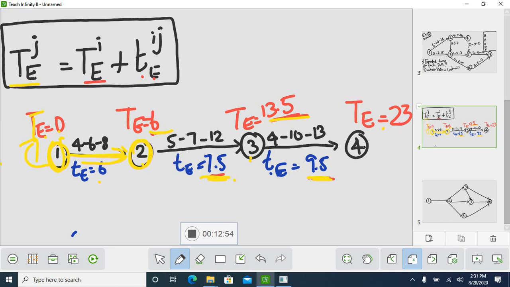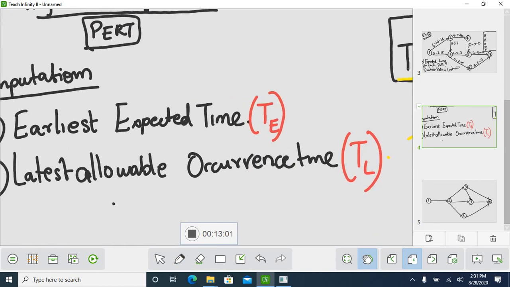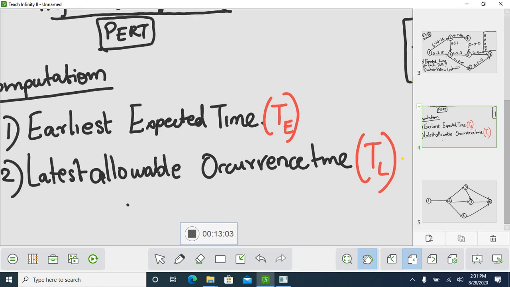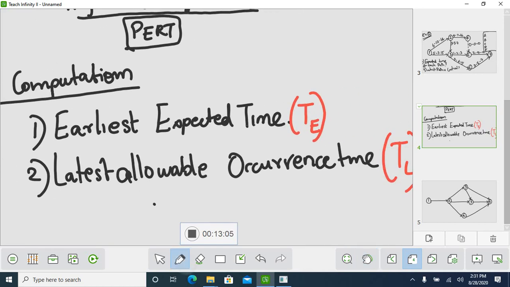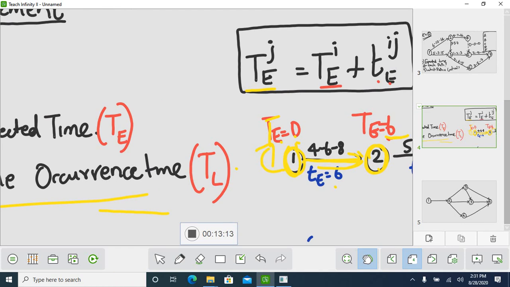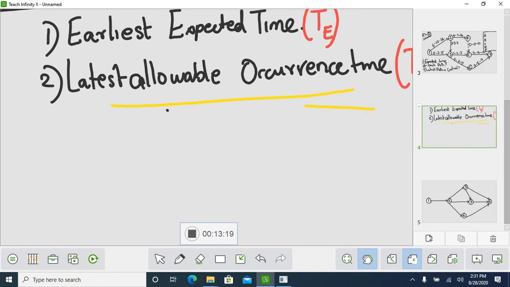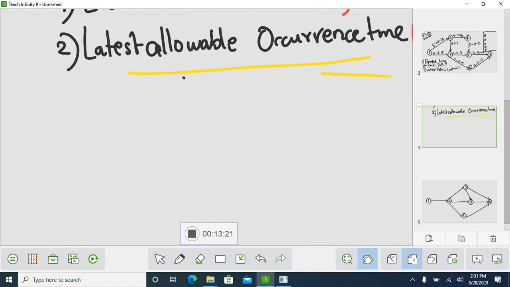Next is the latest allowable occurrence time, that is TL. How to calculate TL? So we have seen the expected time, the earliest expected time. Now we will be seeing the latest allowable occurrence time. The formula is